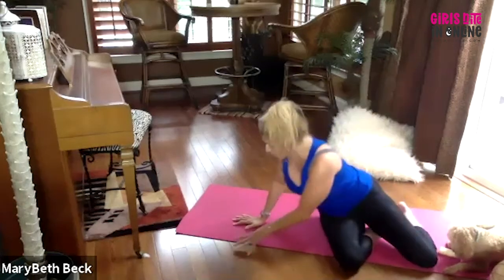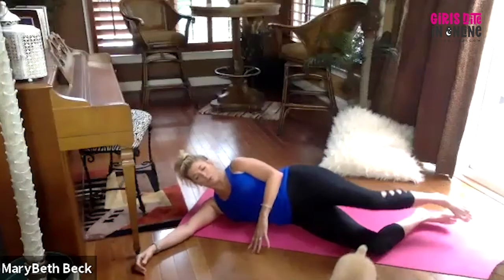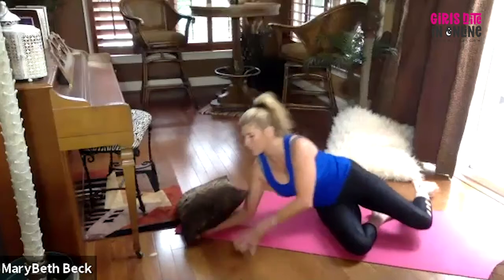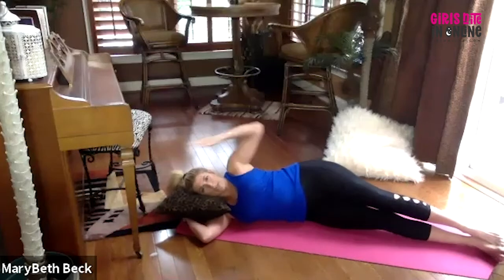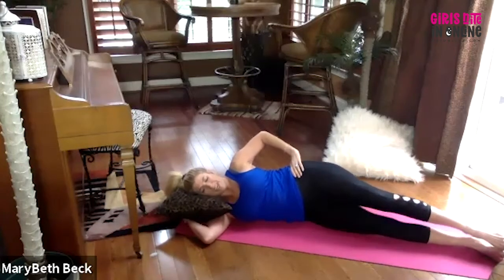All right. So let's readjust ourselves. Make sure you've got the room to move the leg around. If you have a little pillow to use for the side of your waist, here we go. So I'm going to start on my side. I like to start with my body completely straight first. Find where my hips are stacked, and then